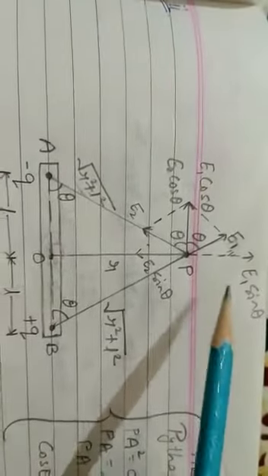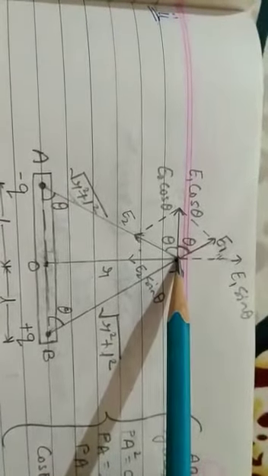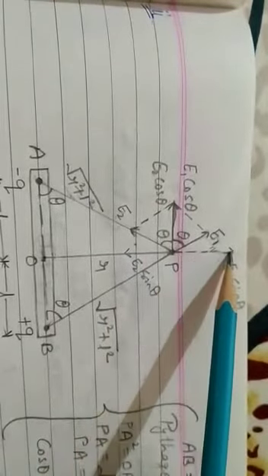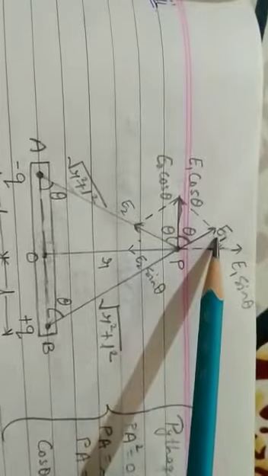Or we can do one more thing, we can split it in two directions. Okay, see, when any vector quantity is making an angle, we split it in two forms, cos and sine. So here you can see cos will be in the direction of force, or whatever thing we are splitting, cos will be in the direction of that basic direction and sine will be the perpendicular. So because of minus Q charge, E1 is there making angle theta, when we split it in two directions, resolution of vectors we have studied.